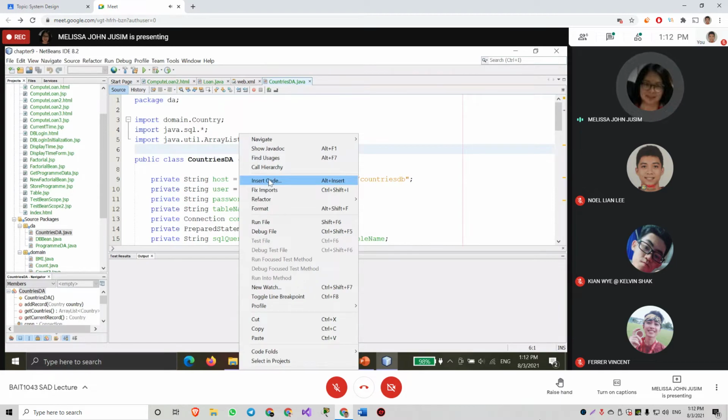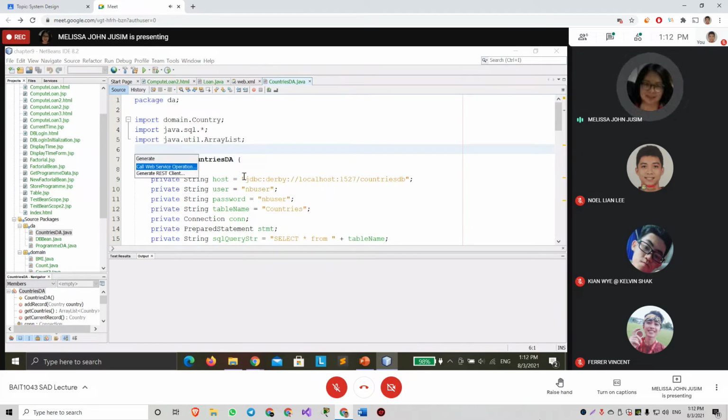There's an insert code, and then I can insert what I want. So it will automatically generate for you. Like this is a web app, so it will list out the things that can be automatically generated. So this, I believe, will really make life easier for programmers.